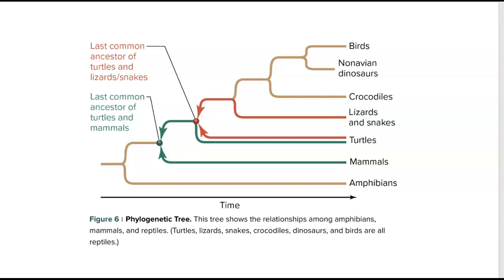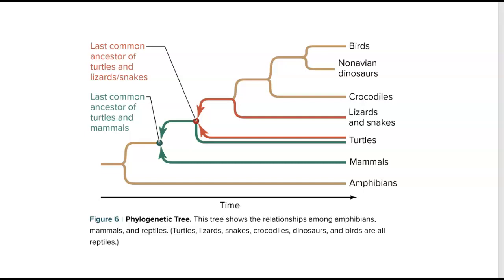Same exact concept. This is just looking at groups of organisms, groups of animals, mammals as a group. How do they connect back to reptiles? How do they connect back to amphibians and so on? So that's what the phylogenetic trees give us, a picture of who's connected to whom, how did they tie together with an earlier ancestor. That's what this is all about, looking at how we all relate. What's the connection?